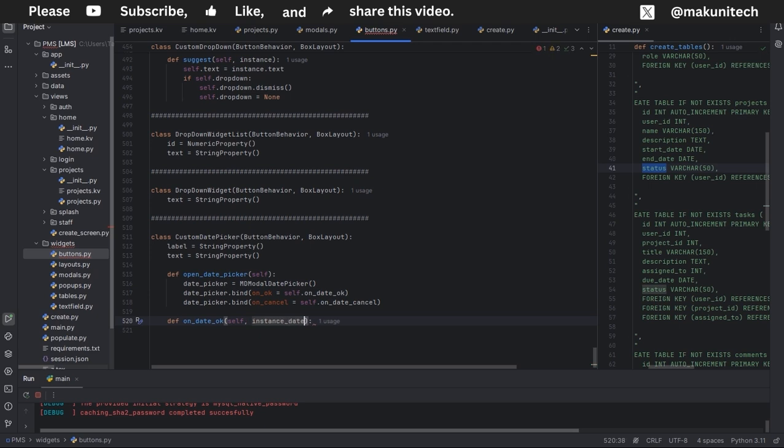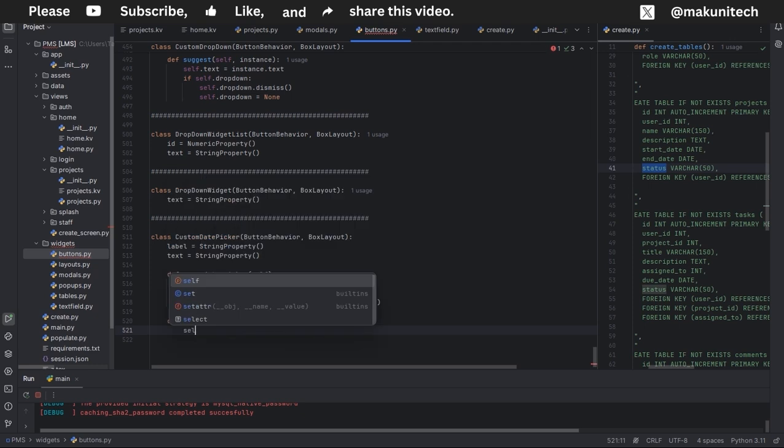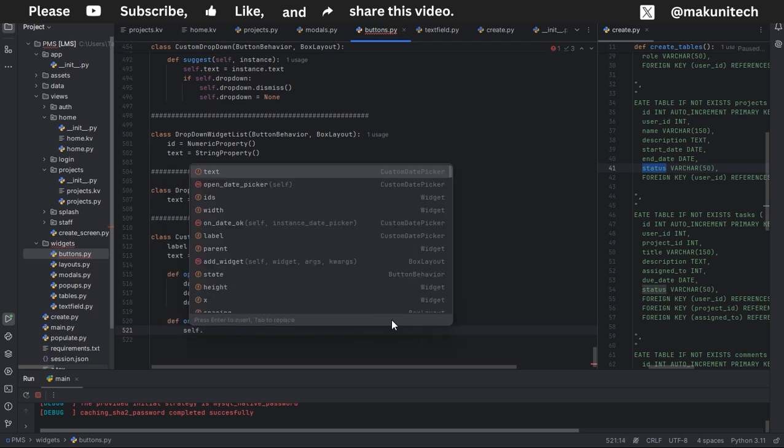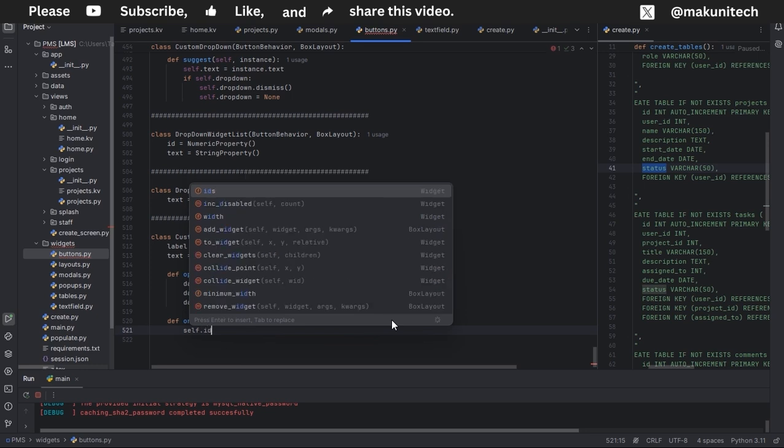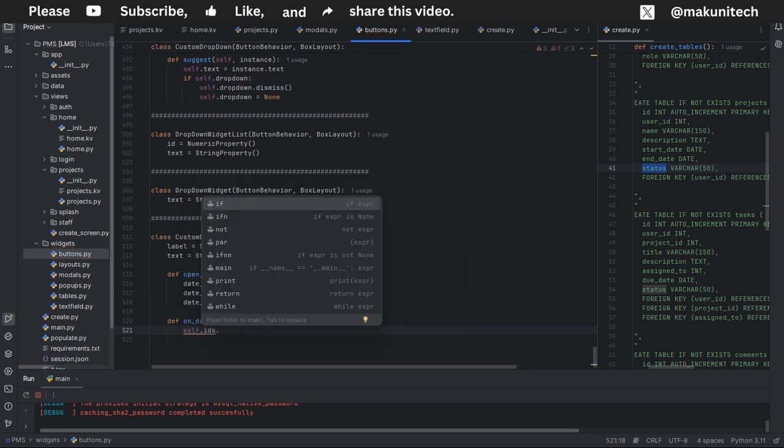So when I say instance, date_picker like this, then, excuse me, when I say self dot, we're going to create this label. We're going to create the KV stuff in a minute. So for now, let's just work on the Python code side first. Then we're going to go and create the KV side of it, the KV logic for it. So here when I say self.ids,